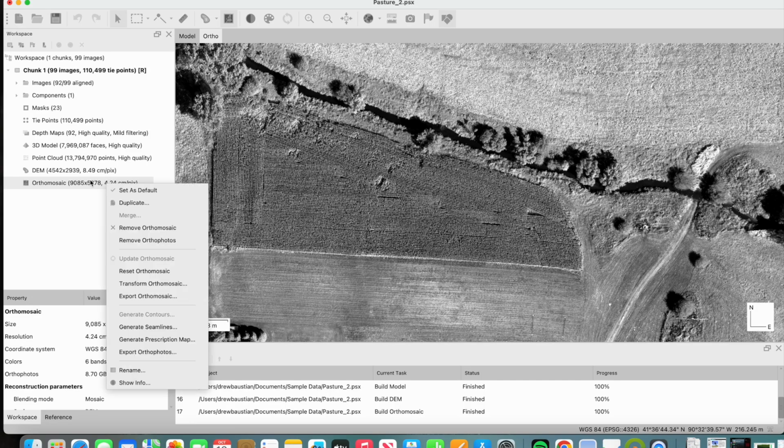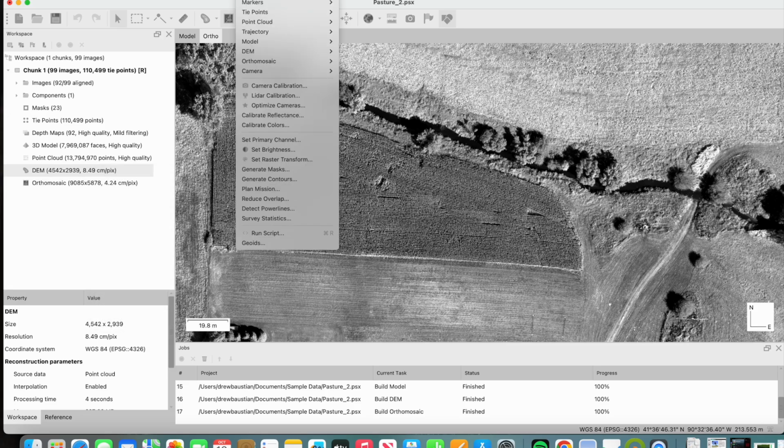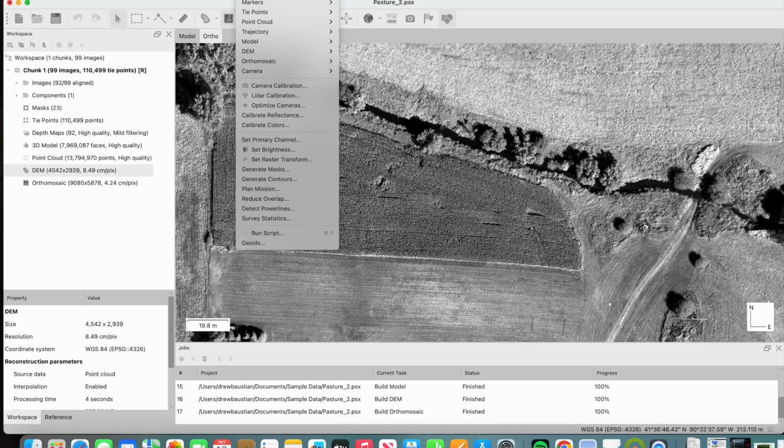Now, if you want to export it, you can right click on the data set and export the DEM, all that good stuff. But if we want to pan sharpen the data, so what we're looking at right now is the panchromatic band, but the other 5 layers of this ortho are not at this 4.24 centimeters per pixel. They're probably more like 7.7, close to 8 centimeters per pixel. So if we go to tools, down to orthomosaic, maybe pan sharpen ortho,